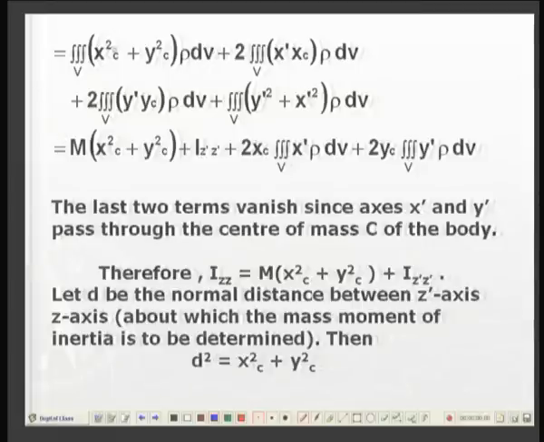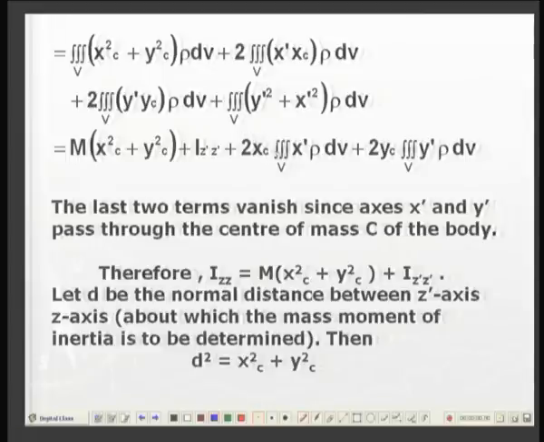So the first term of this expansion becomes mass times xc square plus yc square, and the last term is, by definition, the moment of inertia around the z dash axis in the old coordinate system, that is C x dash y dash z dash, the dotted coordinate system. So the first and the fourth terms are taken care of, and in these two coupling terms, again xc and yc